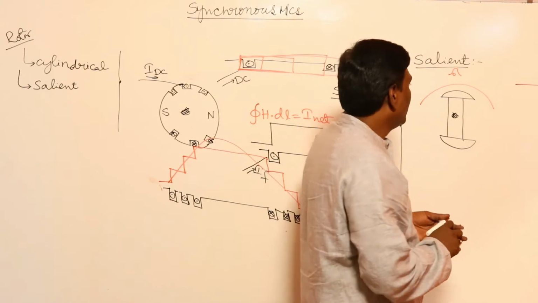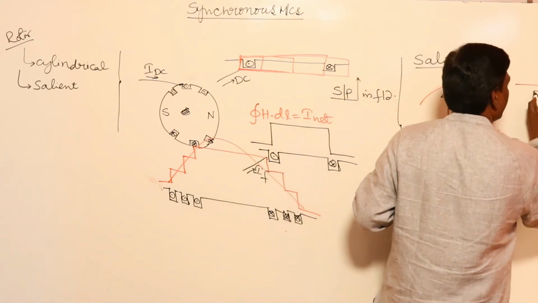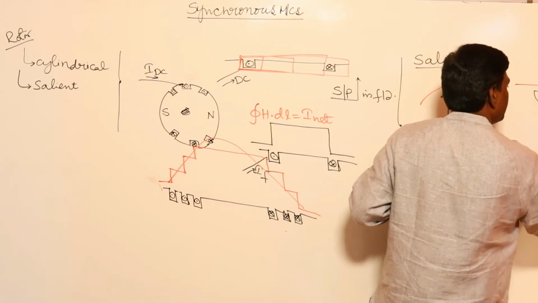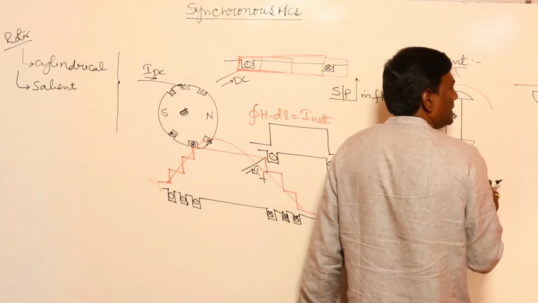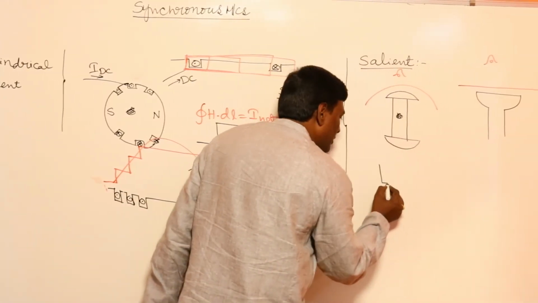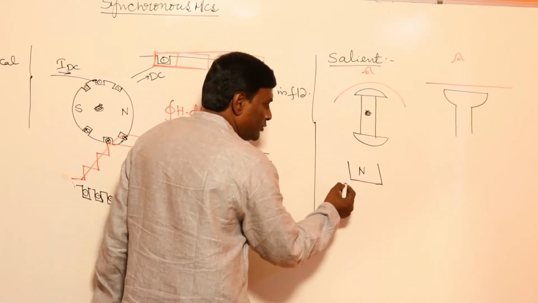Now in this, what we do is, for example, if I think of this as the stator, let me think of it linearly. Now, if I have this constant air gap pole, then what will happen? For example, if I have an N pole like this, my flux density, if you observe,